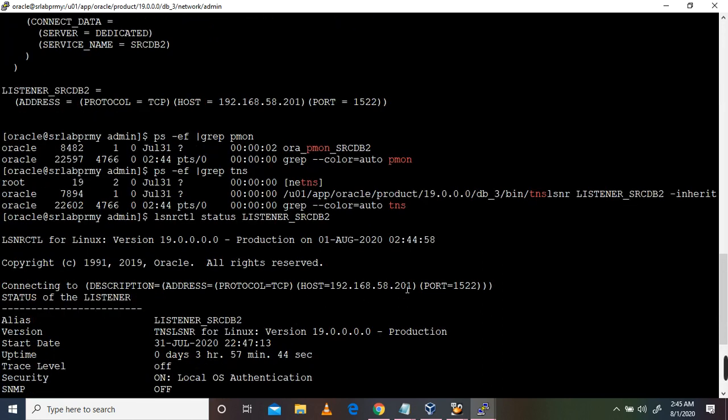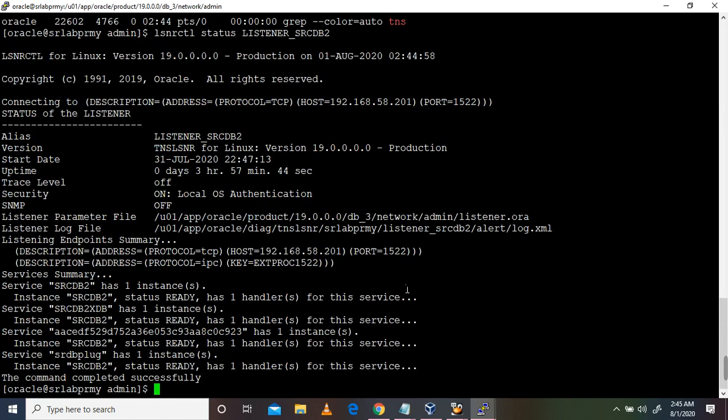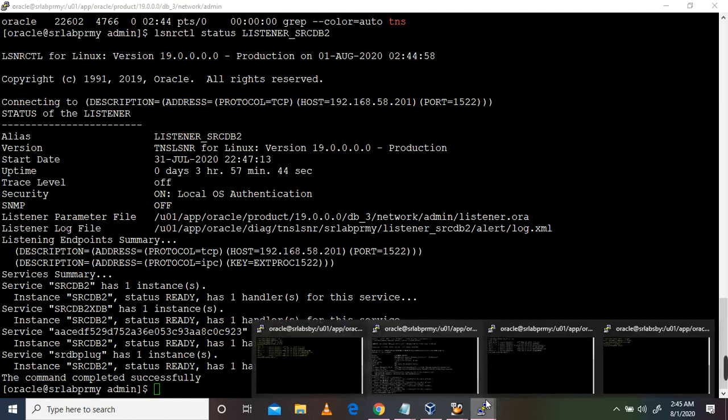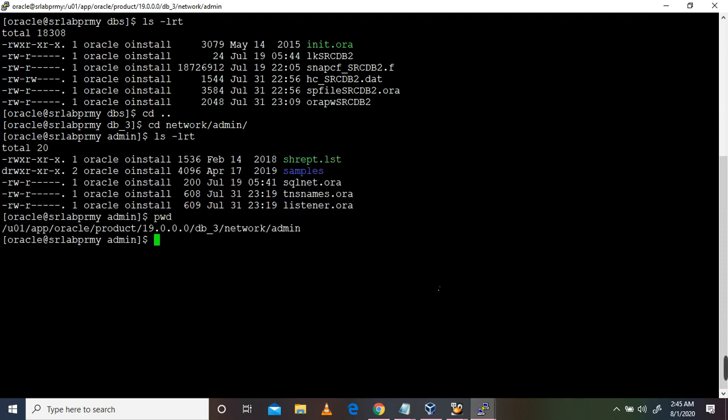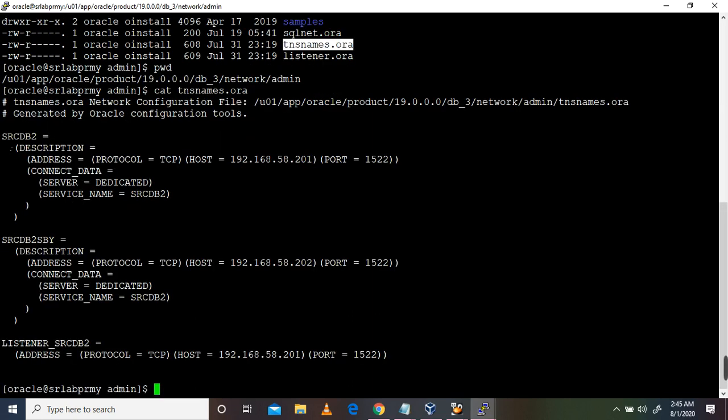Okay, so it's running, and now on the standby side we need to check the same thing. We need to put the DNS entry on the standby side as well. You can see I have already put it on the standby side as well.